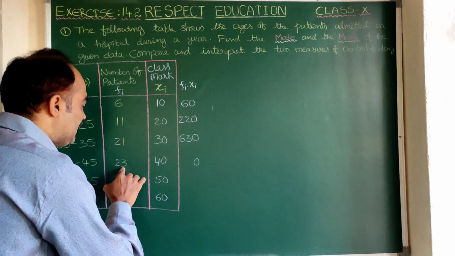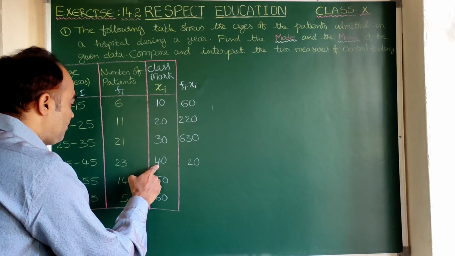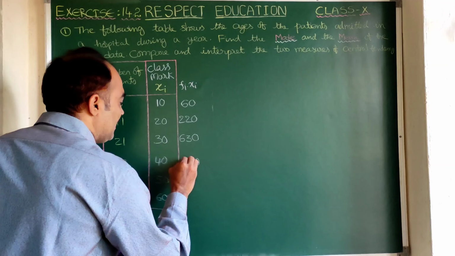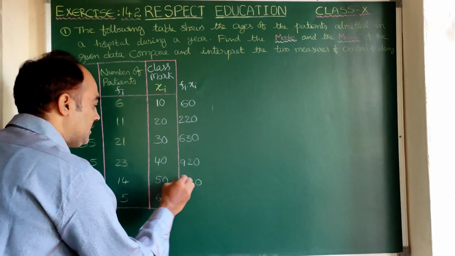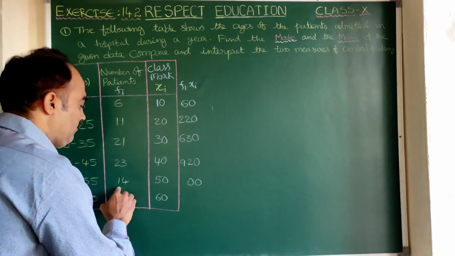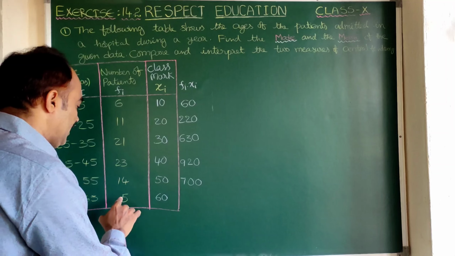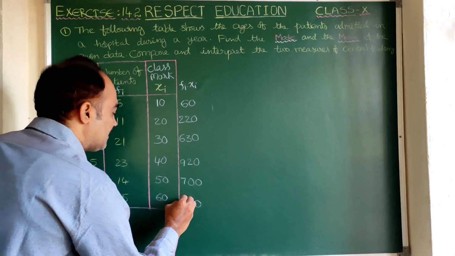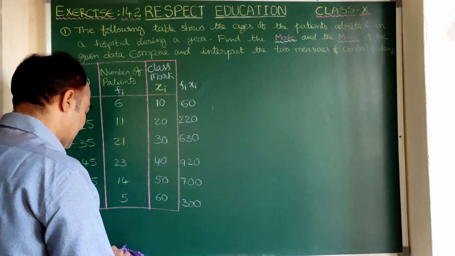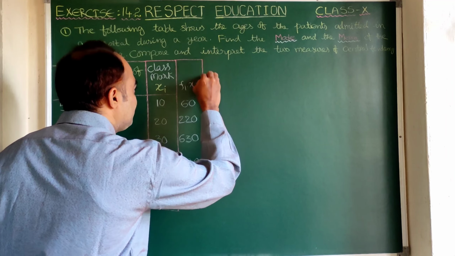Now 4 3s are 12. 2 is there, 1 is carry forward. So 4 2s are 8 plus that 1 9. Let us add the 0 first. 5 4s are 20. 2 is there. 5 1s are 5. 5 plus 2 7. Now let us add the 0 here. 5 6s are 30. So 5 60s are 300. So Fixi is also ready.